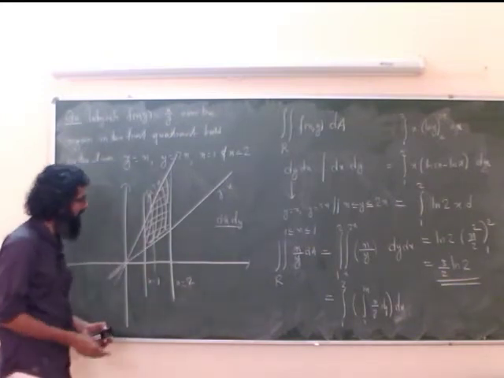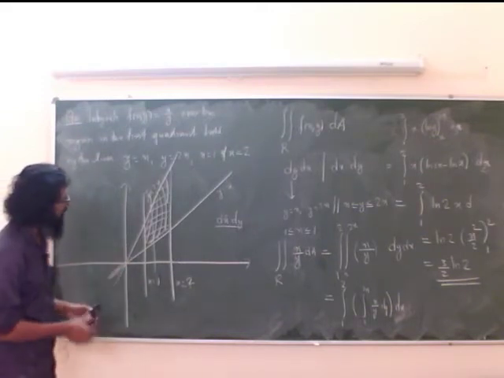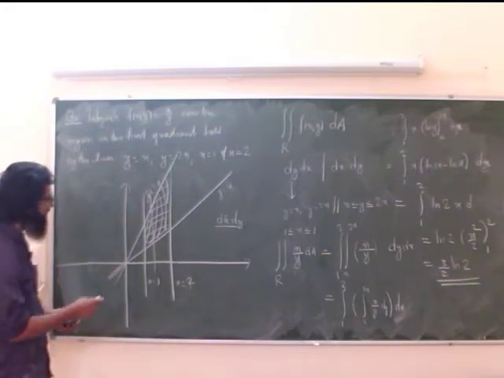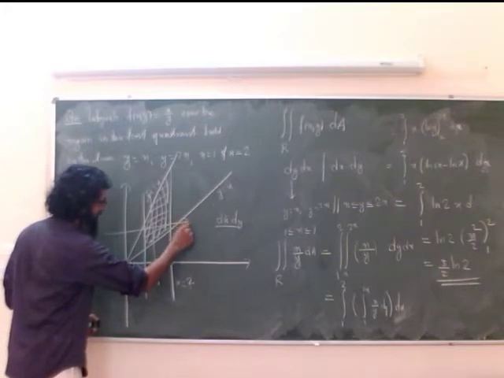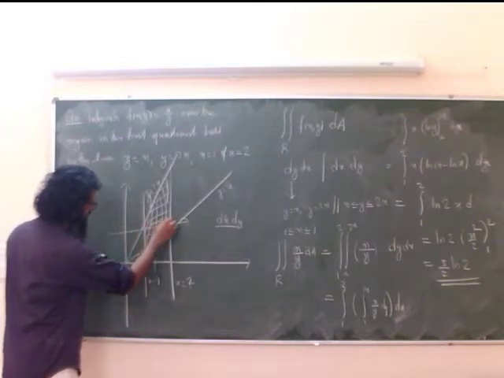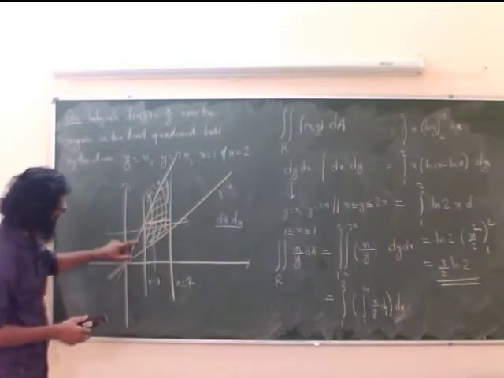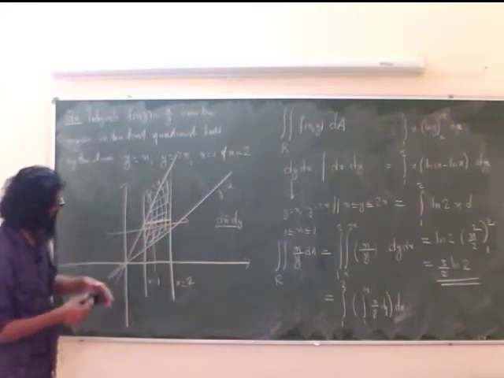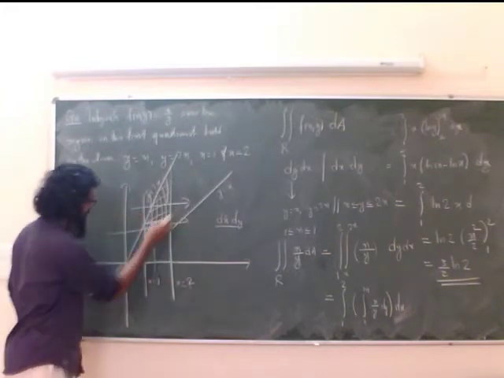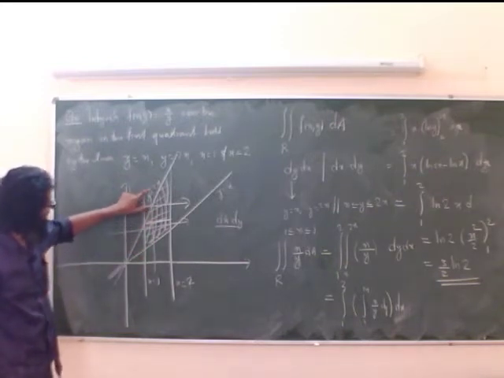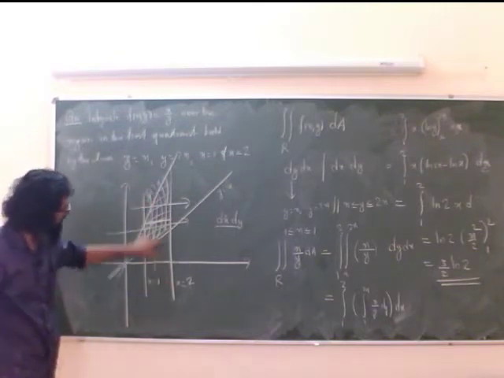If dx dy is the order, first with respect to x, then with respect to y, then instead of drawing a vertical line, I have to draw a horizontal line through my region R. Imagine a line through the region R. If you draw the line here, it enters at x is equal to 1 and leaves at x is equal to 2. But if you draw a line here, the line enters at x is equal to y by 2, since y is equal to 2x, or x is equal to y by 2, and leaves at x is equal to 2.